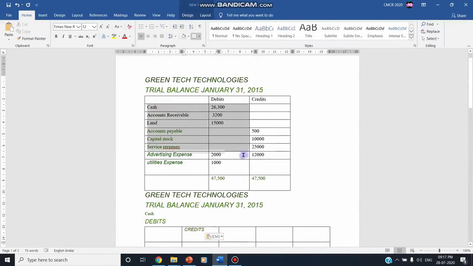Now from here, you can even start explaining. This is a trial balance of Green Tech Technologies, and these are all the debits and these are all the credits, and this is the trial balance available. So this methodology is not restricted only to accounts. It is applicable to all streams, and whoever is in the teaching field can use this small tip, and we can easily reduce our time and convert all our documents to an e-resource, and easily continue our teaching.